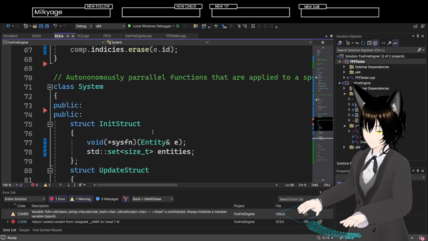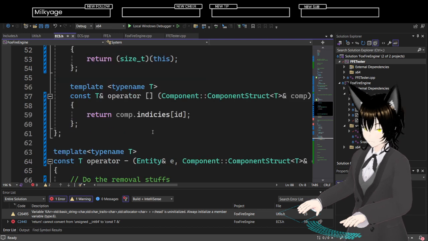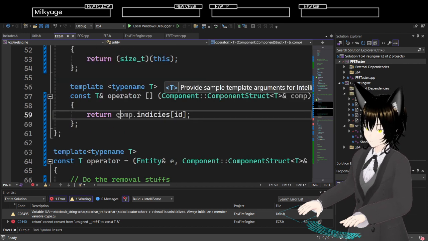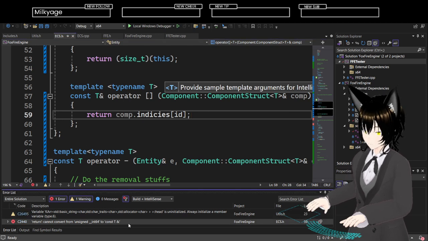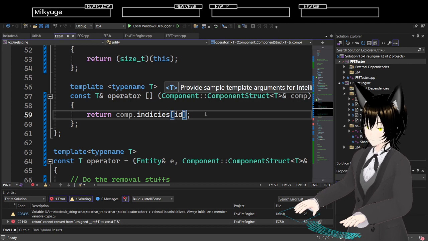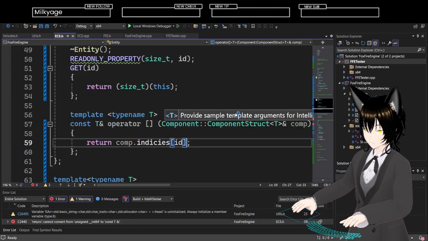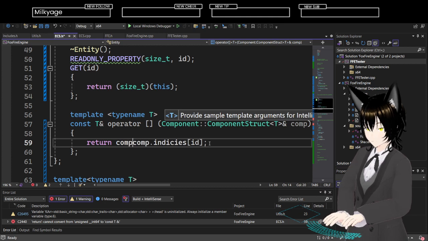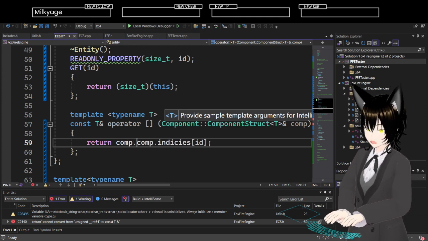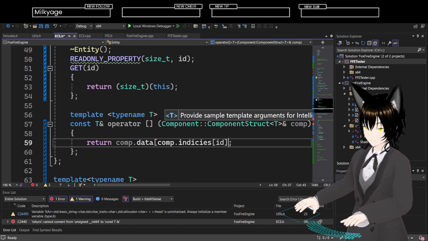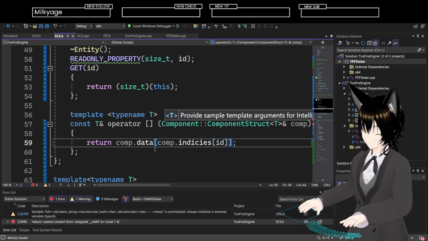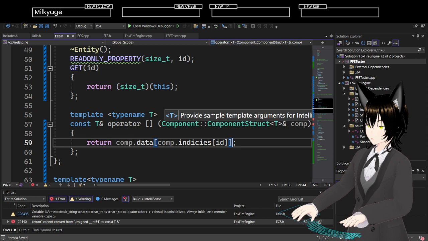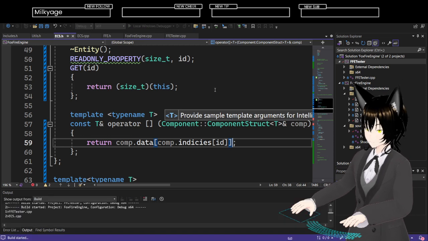This is ECS.h, line 59. Return comp dot data at these indices, and that should be it.